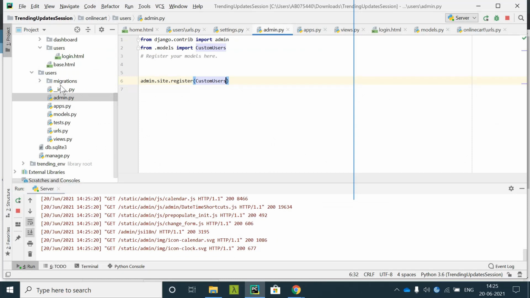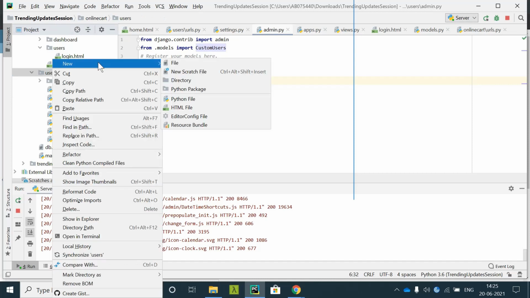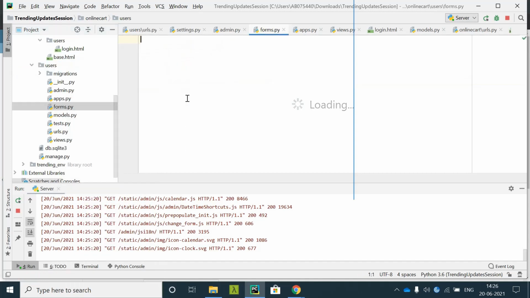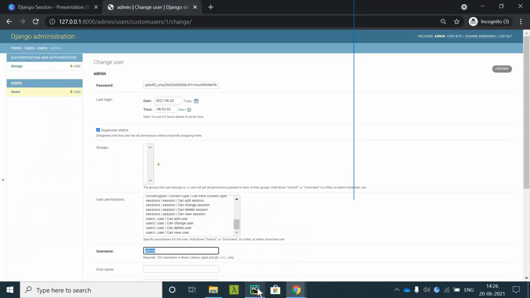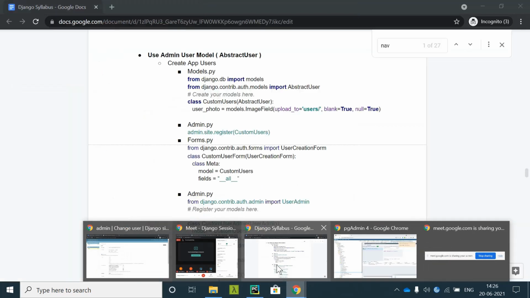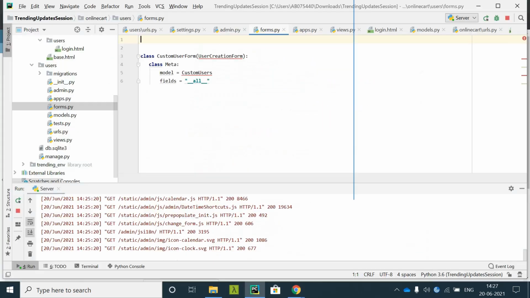To display the things properly, first of all we need the forms.py file. Here comes the concept of forms. Django forms take care of generating forms from your model, or forms for the admin part. Now we'll be moving ahead, and first of all we'll take only this form. I have the ready-made code for this, and I'll explain that code properly.